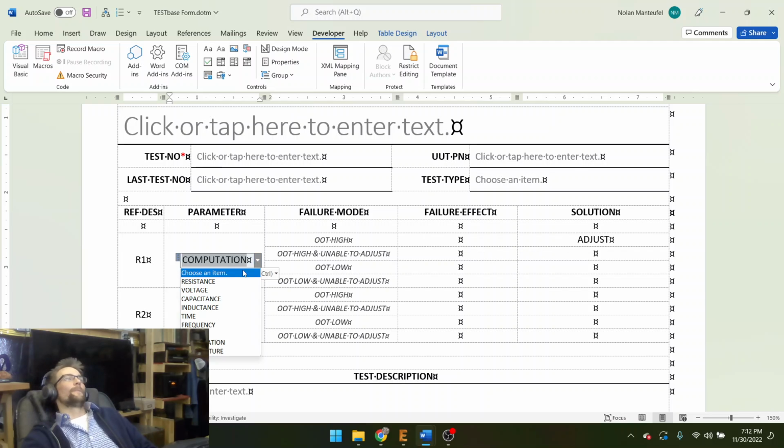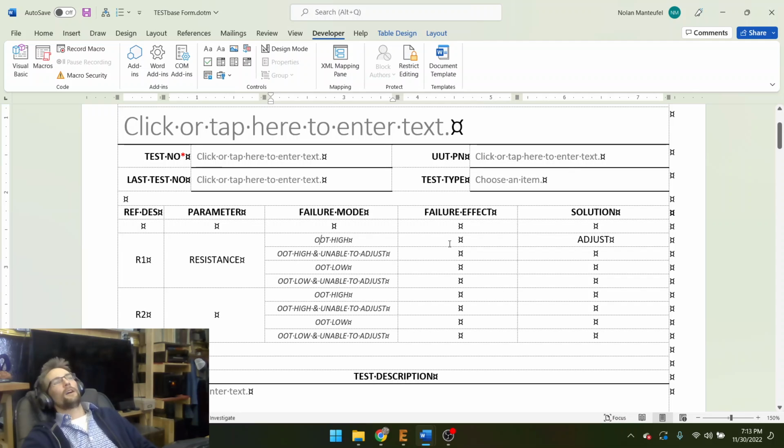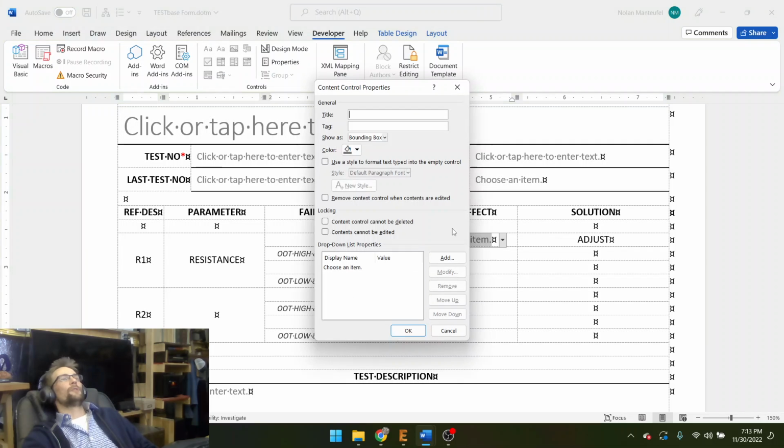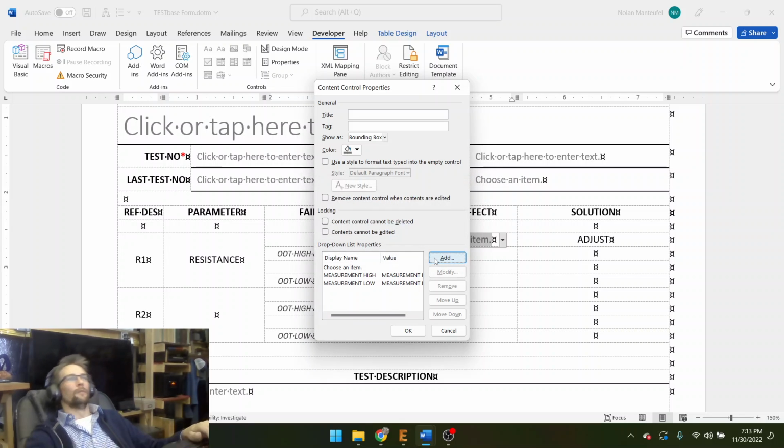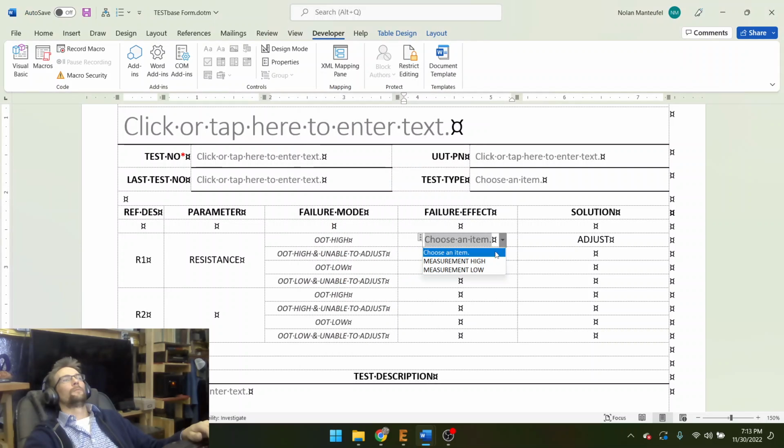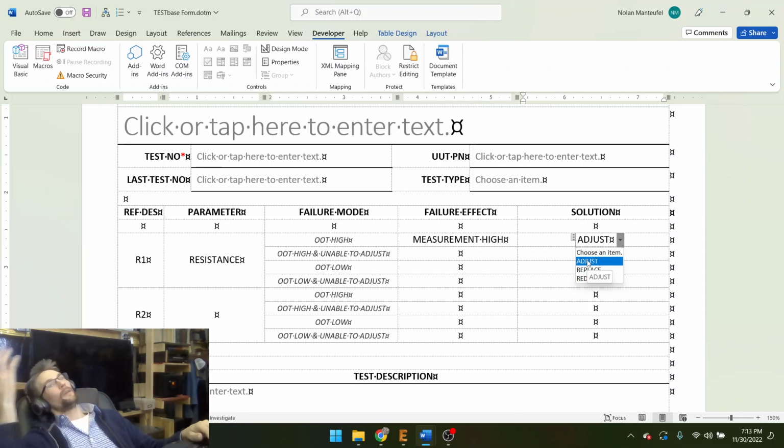Okay, so I'm going to say R1 resistance. If it fails high, the effect is measurement. So this guy is measurement high or measurement low. Right? Solution is to adjust, but then it could be